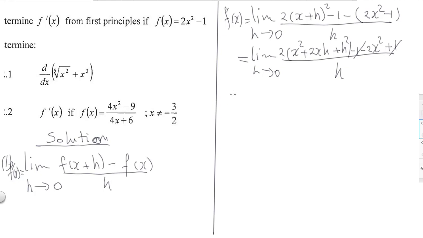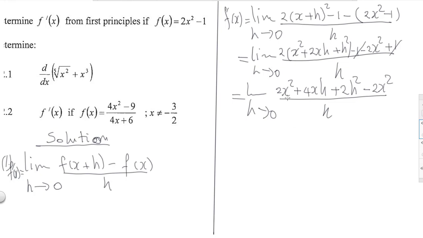Then we open the bracket and expand: 2 times x squared, we multiply there, 4xh, we multiply 2 will be 2h squared. Then minus 2x squared, all over h. After we expand, we look at 2x squared, we cancel, and then